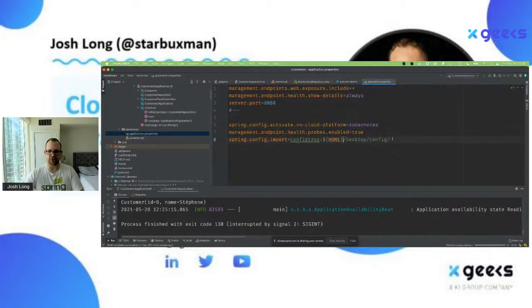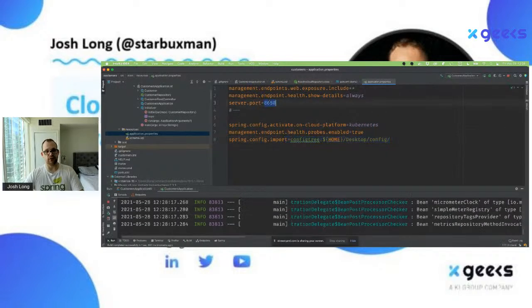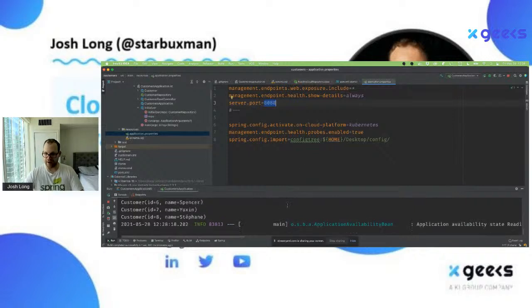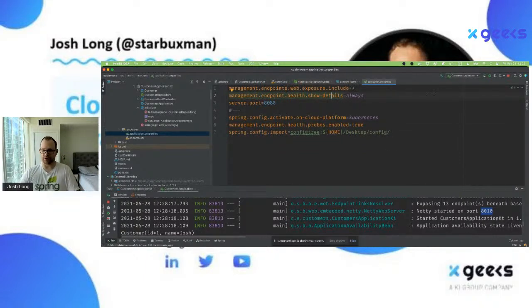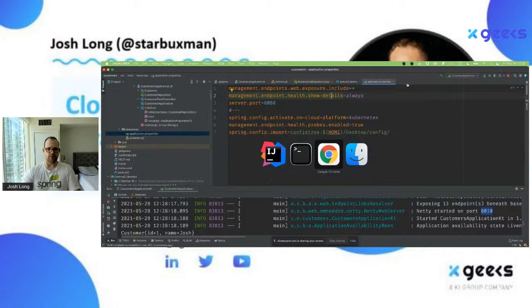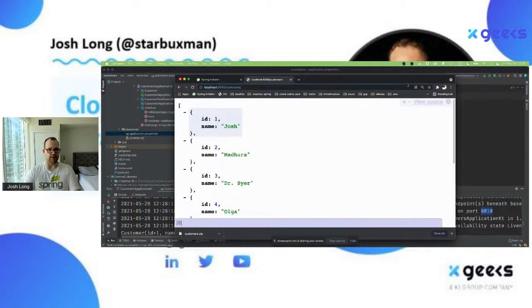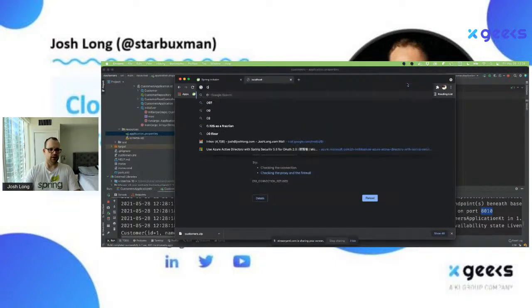And because it's thinking that's true, it's also going to import this. And so it'll get the configuration that overrides that, right? So let's see. There we are. It says port 8010, right? Even though we have 8080 here, it's getting the configuration from outside in the config map directory. So that's very convenient. We have the configuration here, etc. Okay. Let's check out what else we get. Okay. So we have now here an actuator. Sorry, 8010.